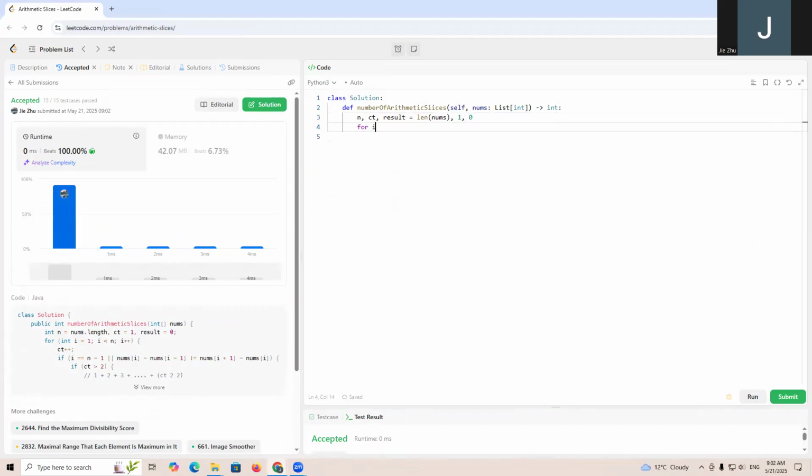So for i in range from 1 to n, we'll have count plus equal to 1. If i equals n minus 1 or nums[i] minus nums[i minus 1] doesn't equal nums[i plus 1] minus nums[i], then